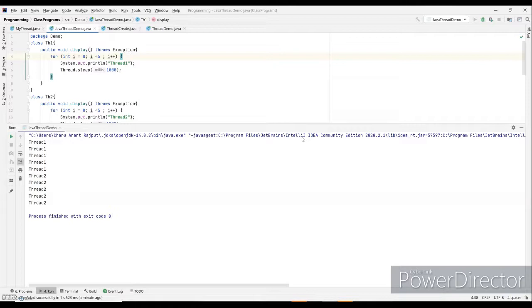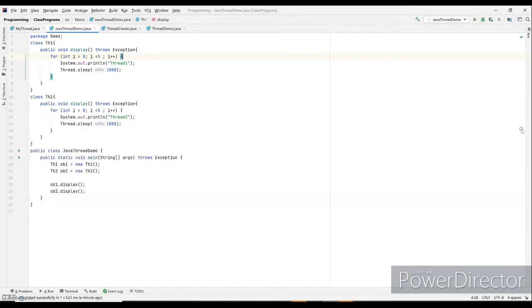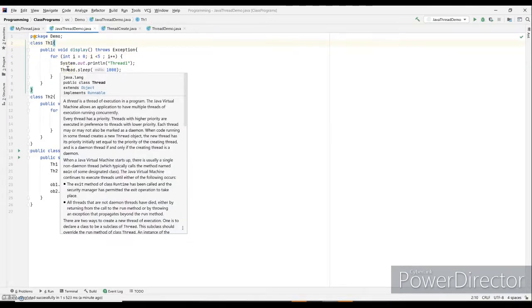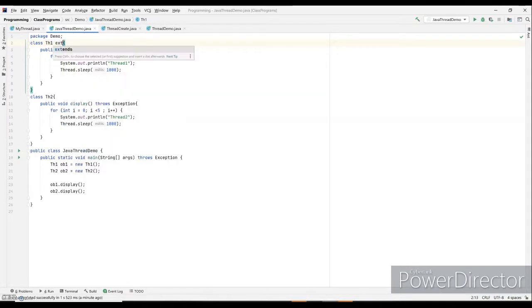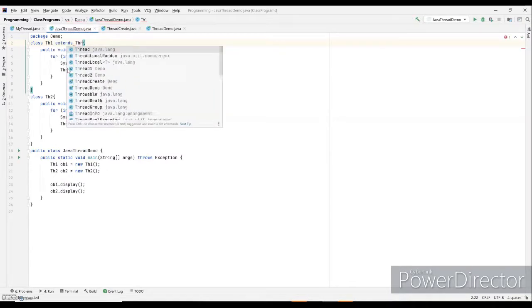So I need to do something so that thread 2 gets accommodated in the time interval where the CPU is not being occupied by the thread 1 process. In order to do that, I will have to convert my classes into subclasses of the Thread class. This can be done by using extends Thread.